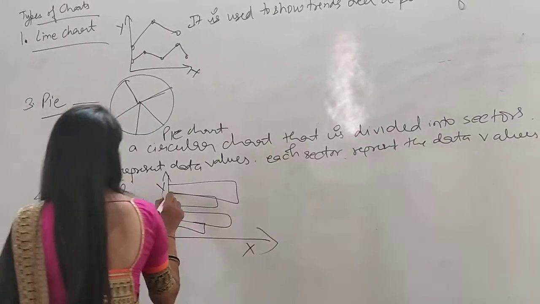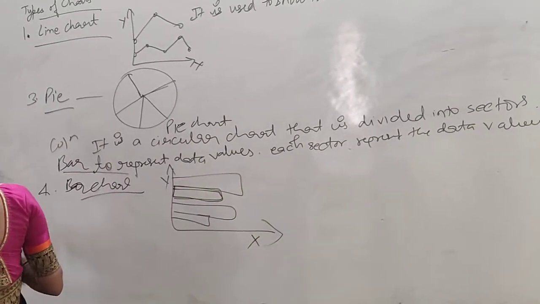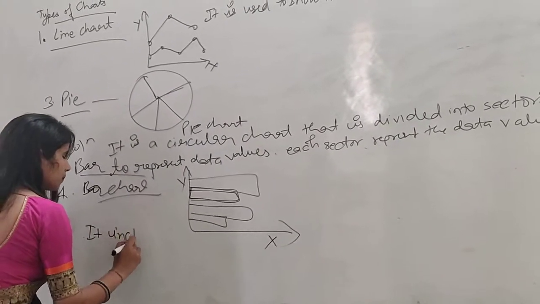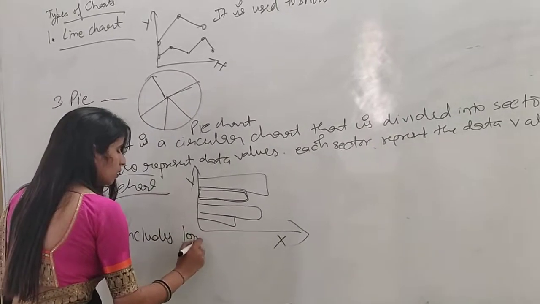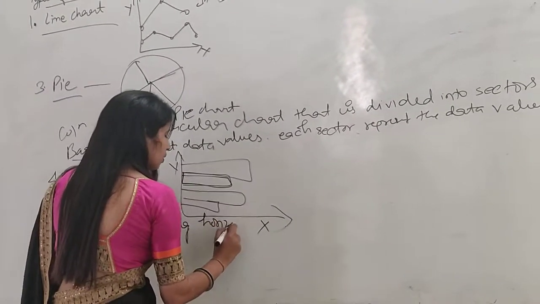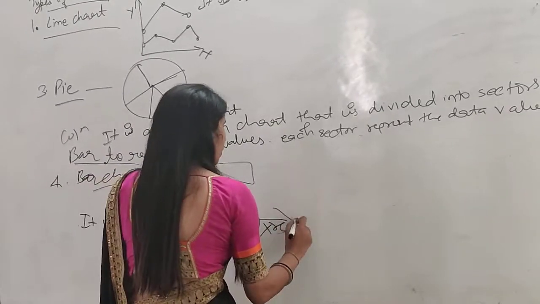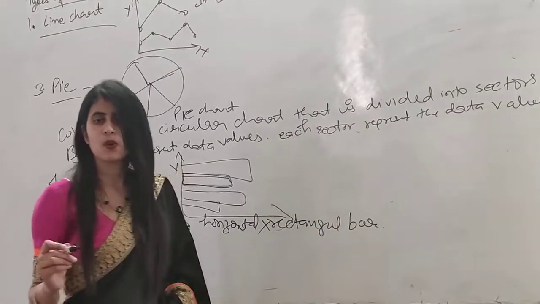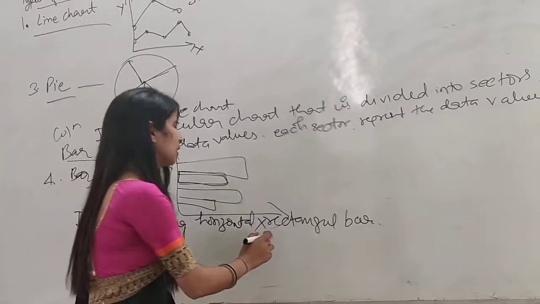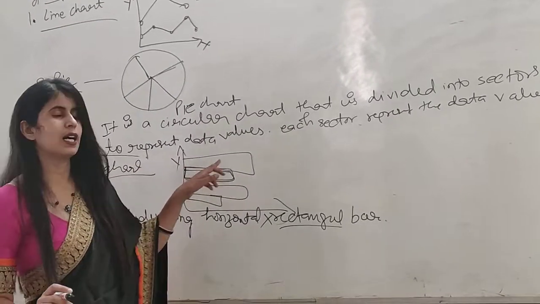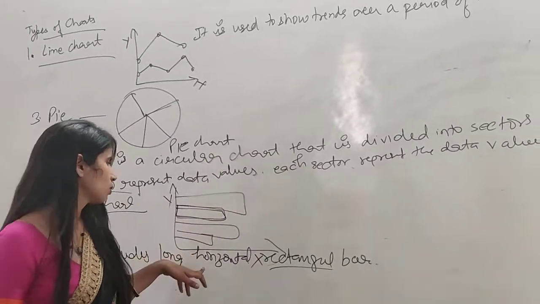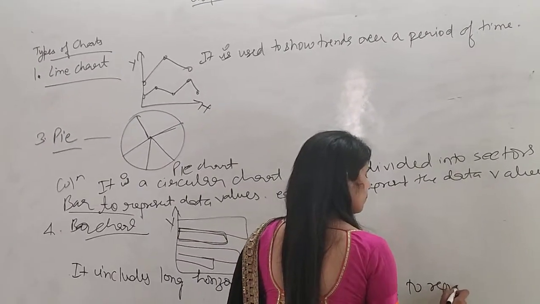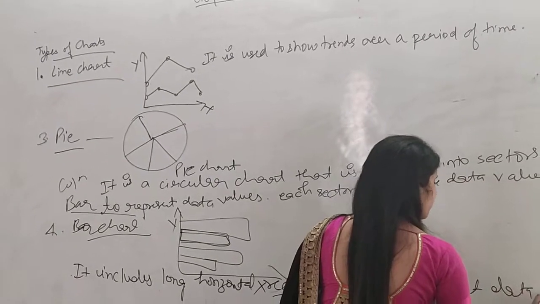between the individual items. Okay, so you can write here, it includes long horizontal rectangular bars. Why rectangular? Because the shape of the bars that we use in it is like a rectangle. So these are the horizontal rectangular bars used to represent data